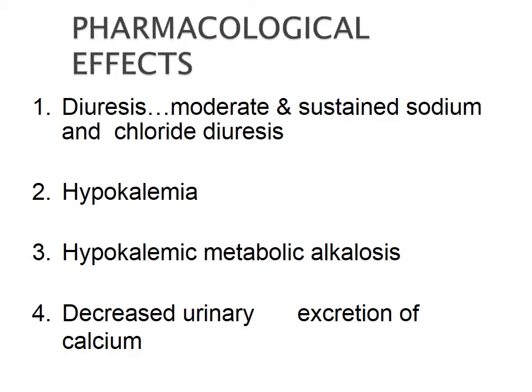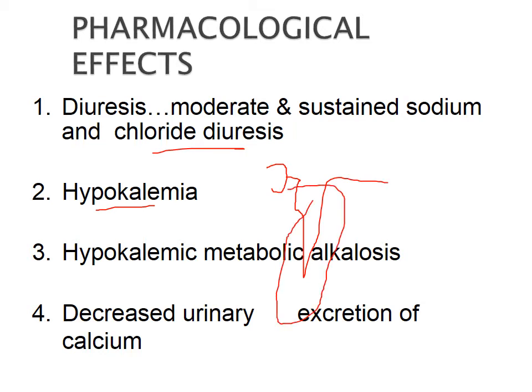Now, while we are talking about the pharmacological effect, as I told you, diuretics are basically used in conditions in which there is an increased level of fluid in our body. So they are basically used for moderate and sustained sodium and chloride diuresis, as they inhibit the reabsorption of sodium. So they are going to decrease the sodium in the body. Along with the sodium, they are also going to decrease the potassium. As I told you the previous day about the effects, if we are talking about the effect of the diuretics, they usually occur on that segment, among the loop diuretics and the thiazide diuretics. They basically cause